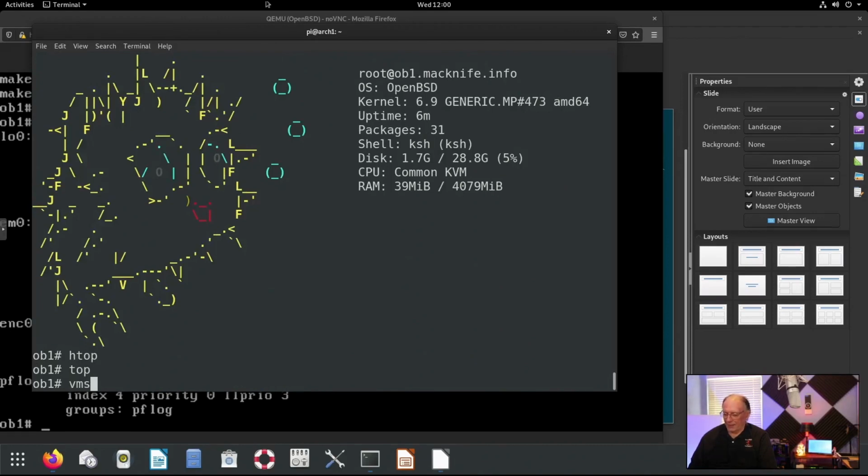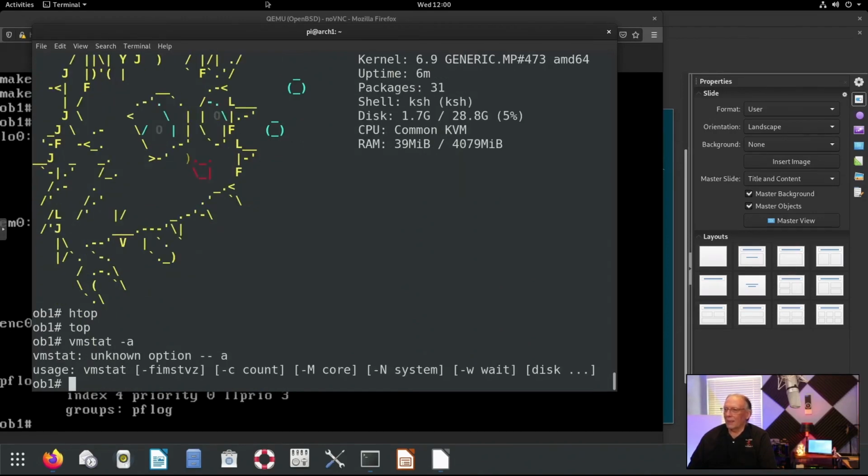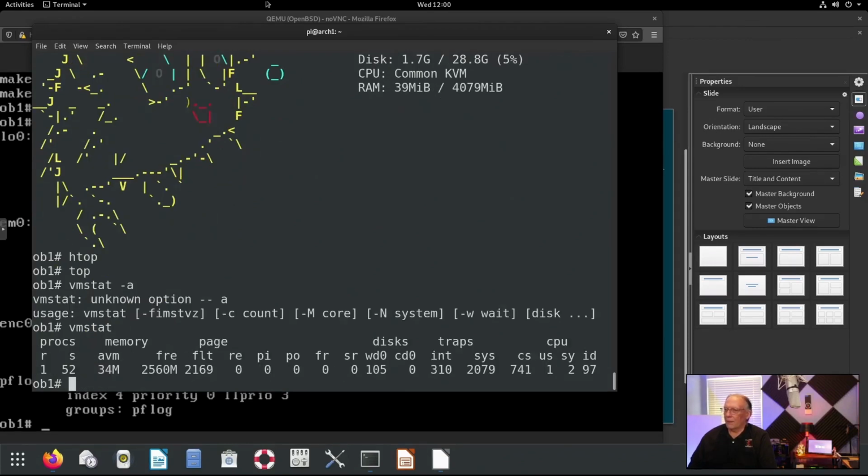Let's see what it actually is. Just put a vmstat in by itself. 52 meg is what it's saying as well. 34 meg is average. So I don't think htop is calculating memory correctly, although screenfetch is.